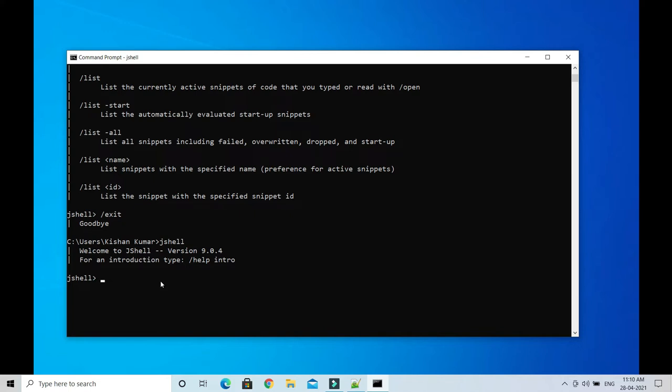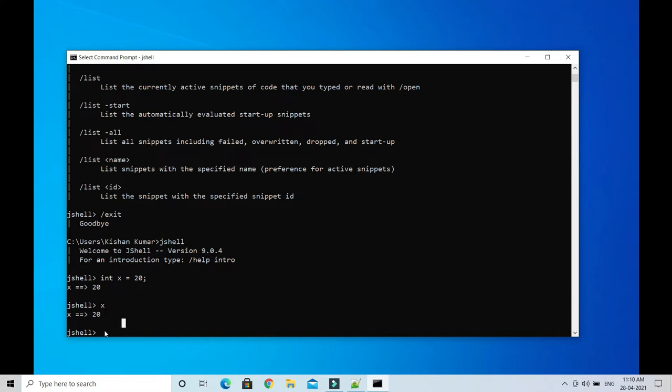Now let's see what the rest of the commands in JShell are. Once we enter JShell, we can do various things. As we have seen in the previous video tutorial, we can create a variable like an int variable. If you want to display this variable, you can either write System.out.println and pass the variable name, or directly specify the variable name on the JShell terminal and press enter. Then you can see it shows x is currently holding 20.